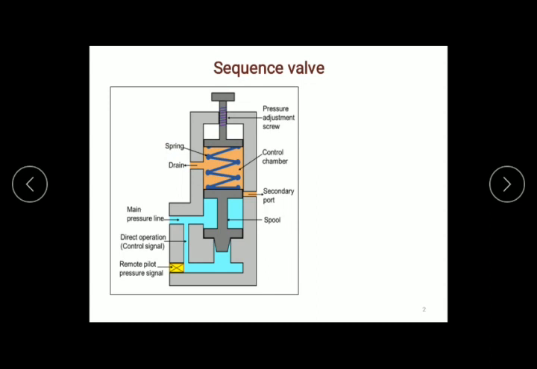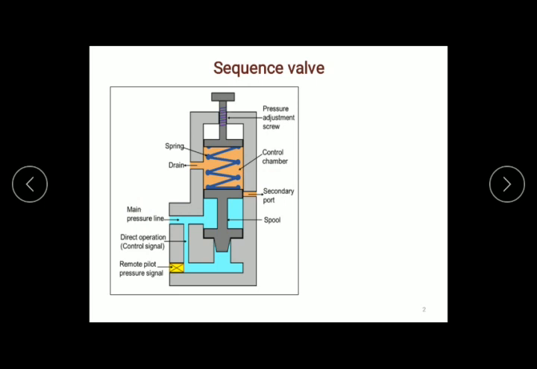Now let us understand the working of the sequence valve. Initially, the sequence valve is in the normally closed condition. As you can see, the spool movement is in such a way that it restricts the flow of oil from the pressure line to the secondary port.